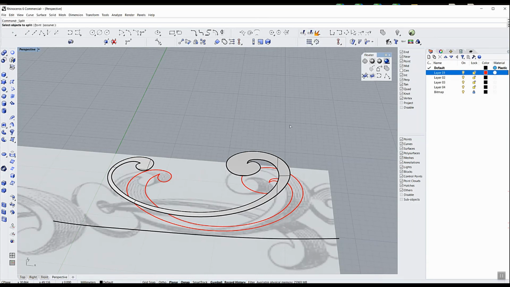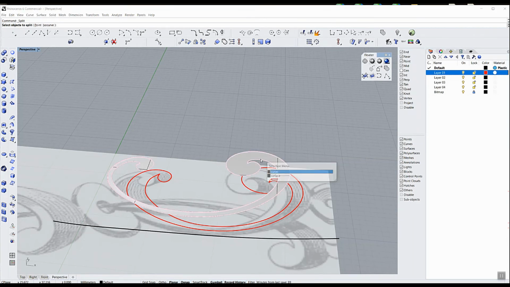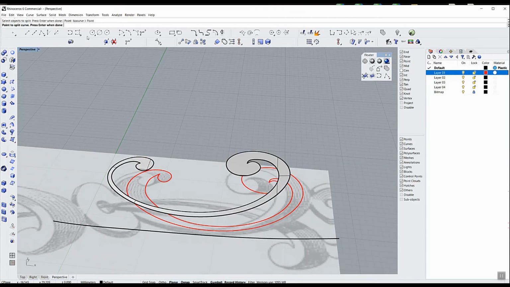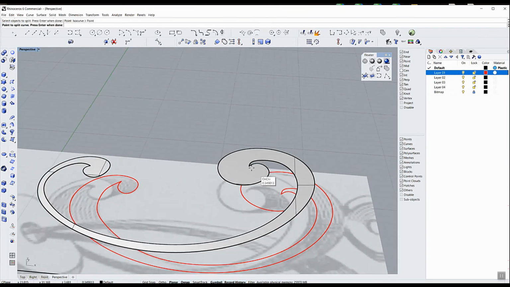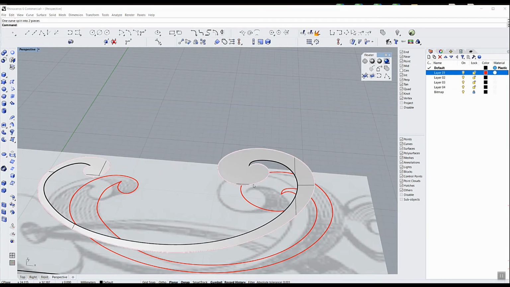Split works in, you select the command first, and then select the objects to split, which is this. And then I need to select a point to split them. When you're splitting curves and you use point, quite often you need to use 2 points. So I'm going to split at that point and that point,